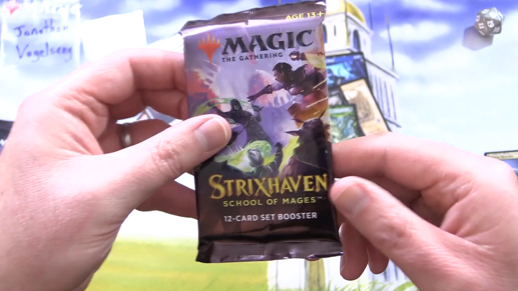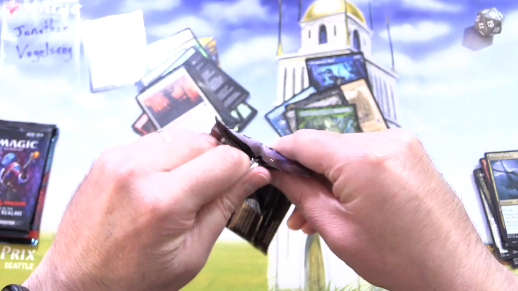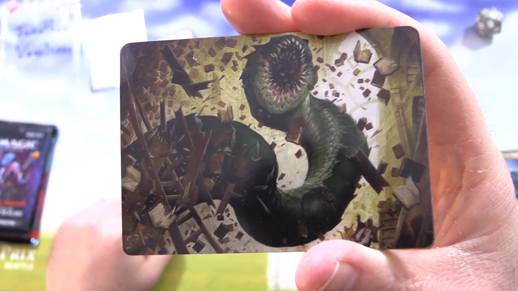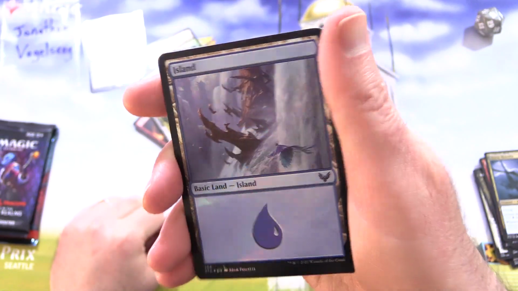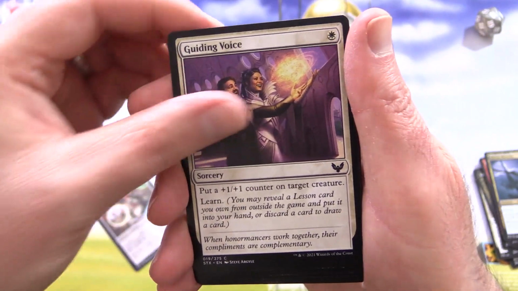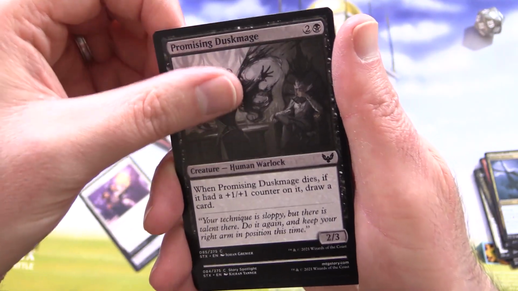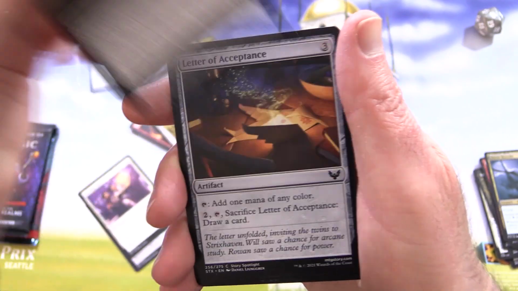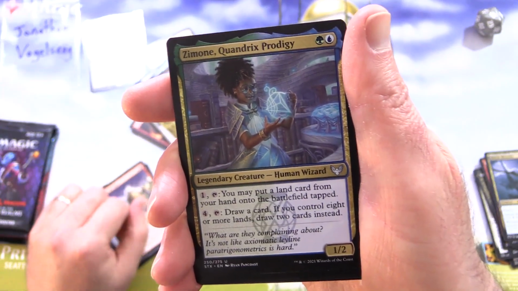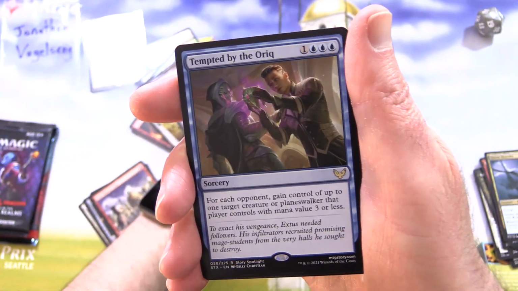Okay, on to Strixhaven. We should have tons and tons of wizards here. Keep our eyes peeled. Starting off with a giant worm. Alright, what is that? Bookworm, of course, makes sense. And a foil Island, along with Environmental Sciences, Guiding Voice, Promising Duskmage. Okay, so a human, Professor's Warning, Letter of Acceptance, First Day of Class, Zimone, Quandrix Prodigy, human wizard, and Tempted